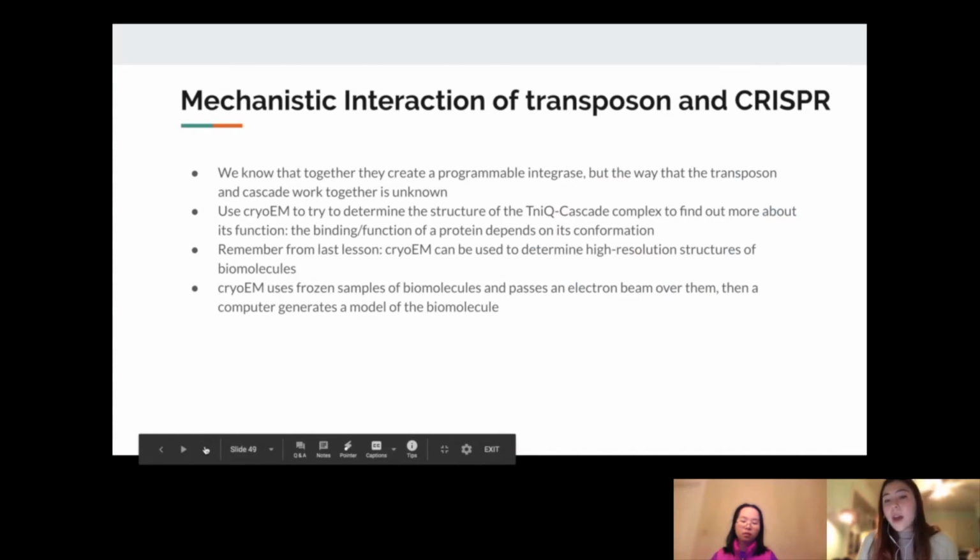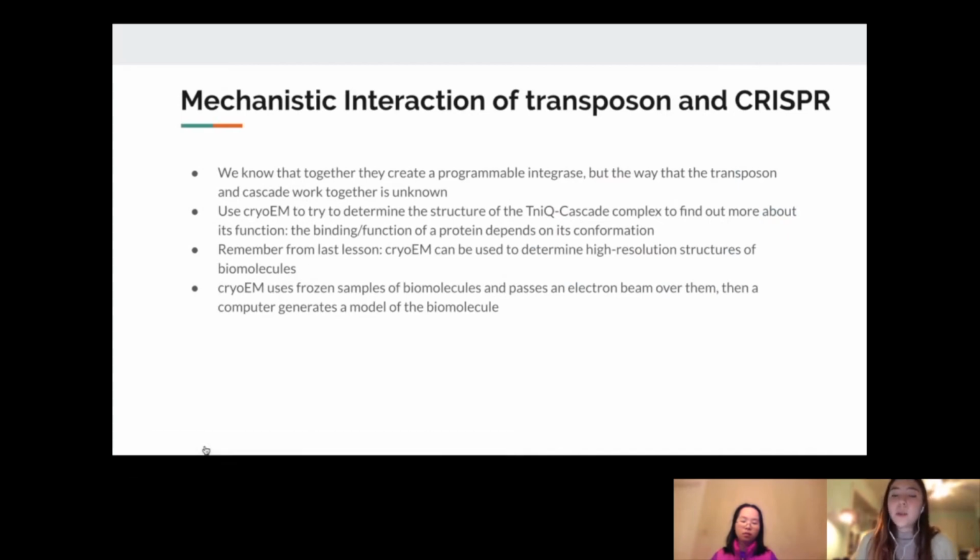So now we know that transposon systems and CRISPR systems can work together to integrate DNA based on a guide RNA. What we don't know is how they work together. We know that this happens somehow, but there are many parts here and we don't really know how they interact. If we remember from the last lecture,